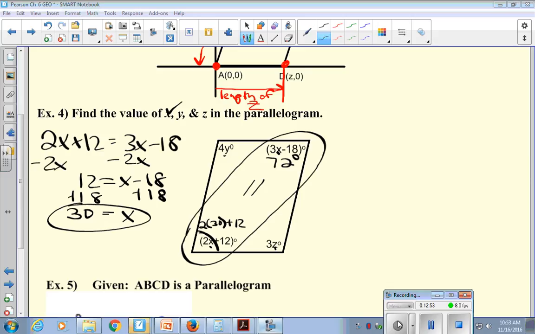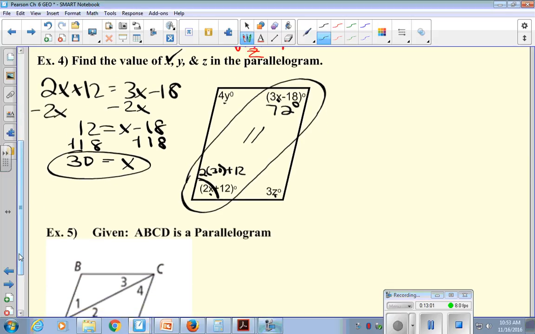So now that we have 72, we can solve for y and z. Which one do you guys want to do first, y and z? Are we going alphabetical or are we going rebel? Double, all right. So we're going to say 3z